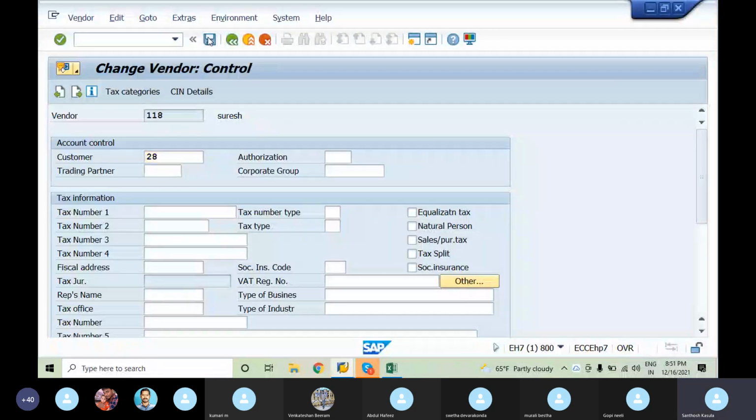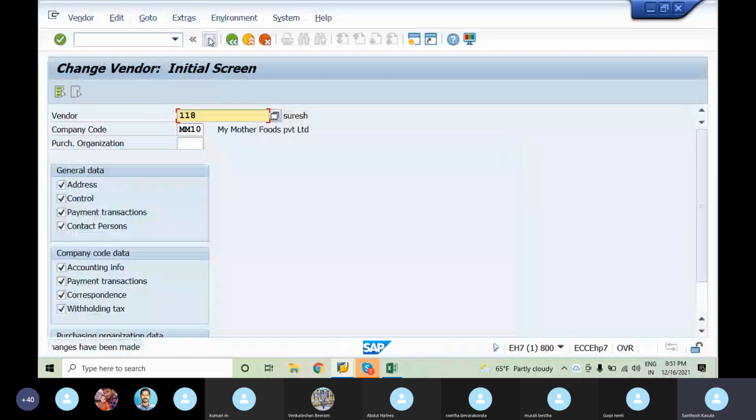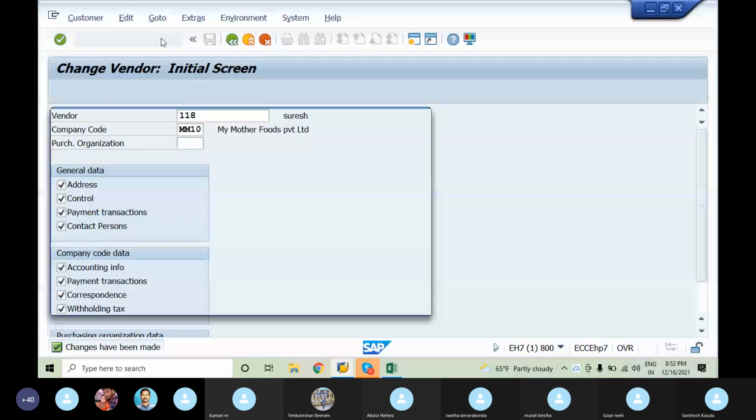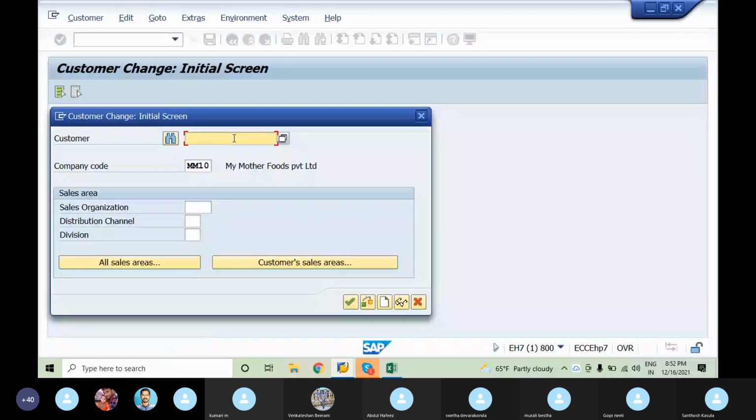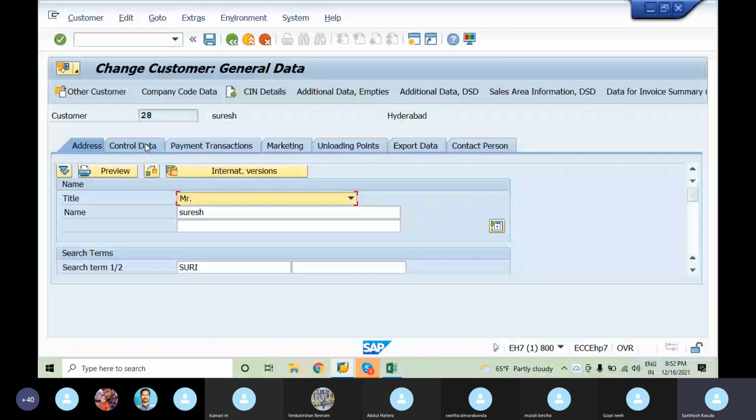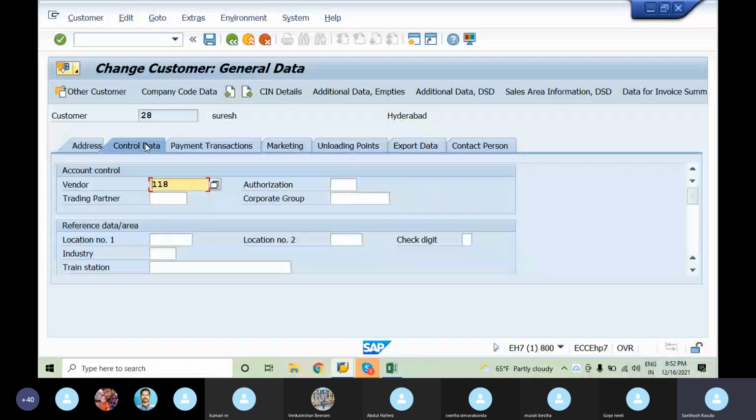Once I select this option, I need not go again to the customer master data and check whether it is assigned or not. Automatically it gets assigned. You can check here, it is assigned. So both customer and vendor are linked as the same as of now.